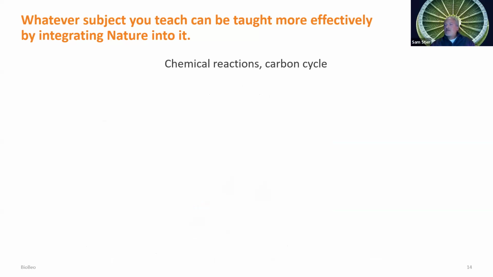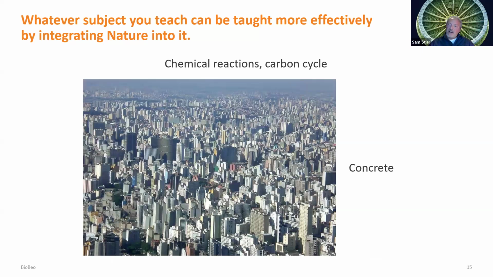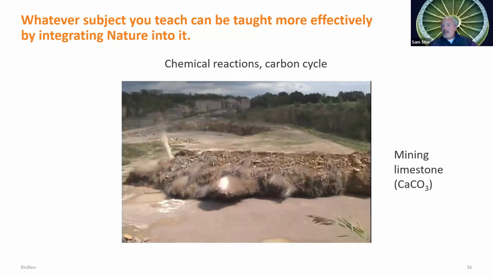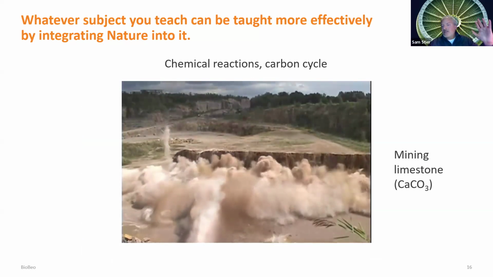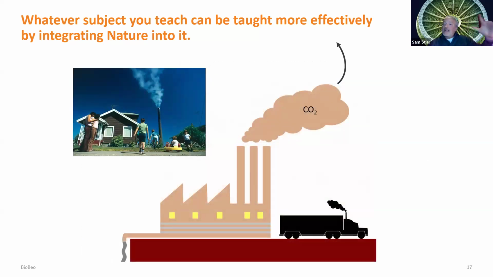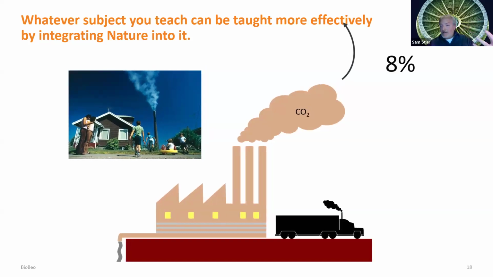I'll give you another example. This one has to do with if you're teaching chemistry or teaching about the carbon cycle, and it focuses on the production of concrete. Humans produce concrete by finding deposits of limestone in the Earth's crust. We dynamite that, we haul it off to a factory, and then we apply a lot of fossil fuels to heat that limestone in order to make it reactive to water. So you go down to the hardware store, you pick up a bag of this stuff, you put a garden hose in it, and you can fix your sidewalk or your driveway.